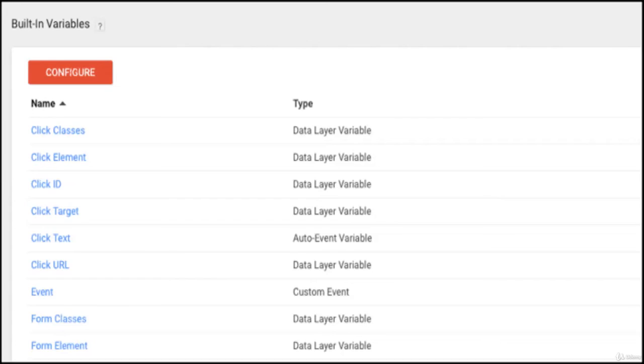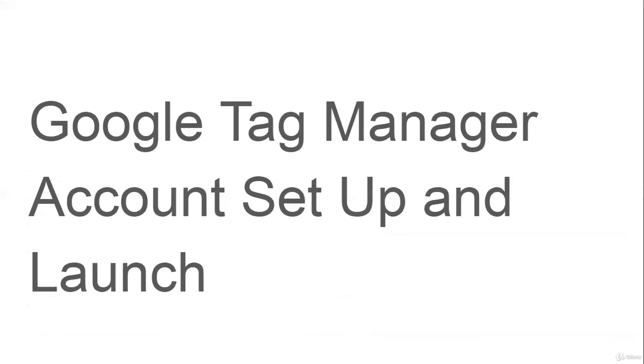So this is just a basic definition, or you can say a basic introductory idea, about what tags, triggers, and variables are. If you are feeling a little bit anxious, we would be studying a lot more about these tags, triggers, and variables later in the course, so it will become clear to you as you go down in the course. So this was an introductory part about what is Google Tag Manager, why Google Tag Manager is essential, and an introduction about tags, triggers, and variables.